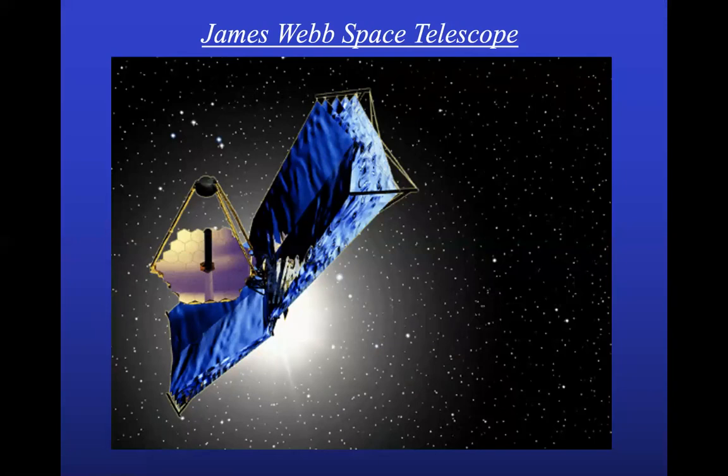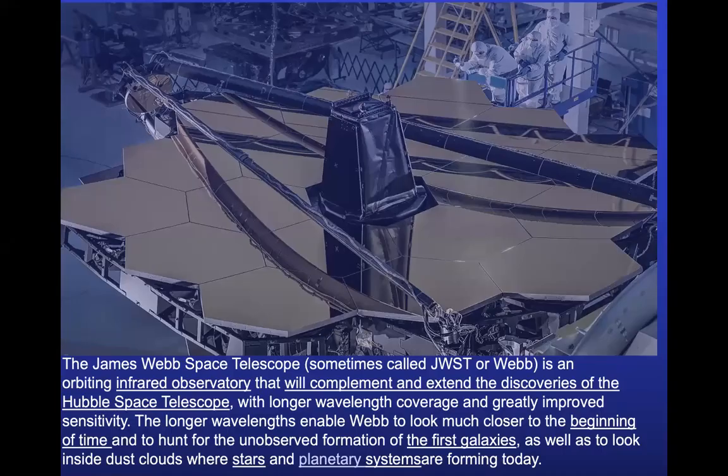And next we will talk about the James Webb telescope. So here is an artistic image of how the James Webb telescope looks, and this is basically an orbiting infrared observatory, and it will complement and extend the discoveries of the Hubble Space Telescope. Basically, Hubble was the giant that was in the